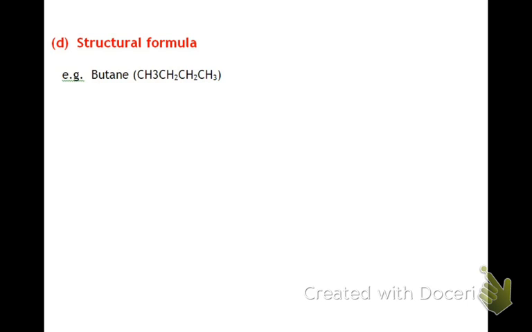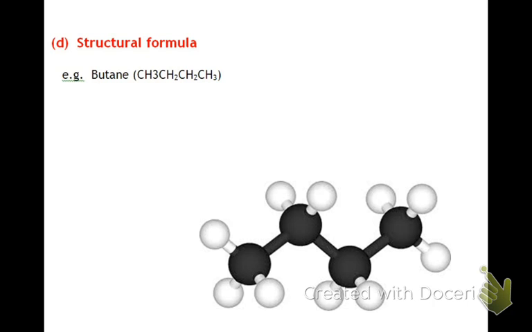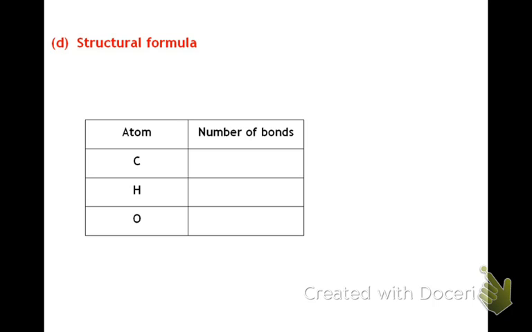All right, let's just go on to when you are drawing the structural formulas, you do need to indicate the number of bonds around each atom, and so it's probably useful at this stage for us just to quickly remind ourselves of the number of bonds around each